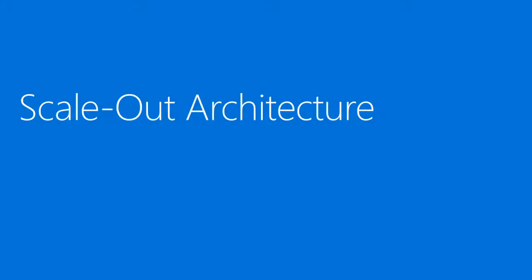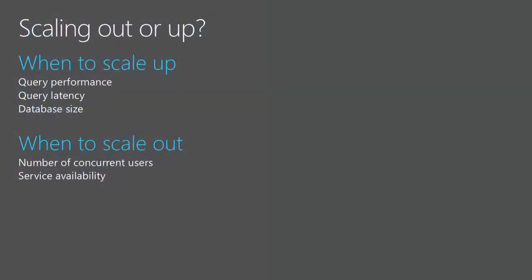So in terms of scale up, I can optimize the data model when I reach a certain volume. What about the scale out? Where I can scale up when I have to optimize the performance of the query, the latency of the query, the database size. You want to scale out when you have two problems. Number of concurrent users. To give you a number, if you have 100 users that can access the database, usually one database is enough.